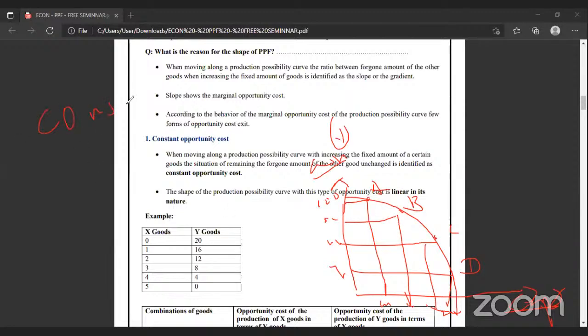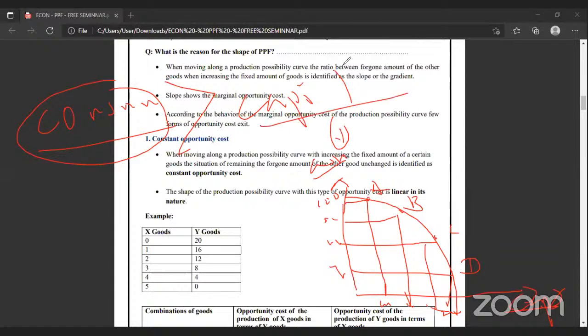And remember one more thing, you have already studied: if an economy is producing more consumer goods and less capital goods, just tell me this answer. If the economy is producing more consumer goods, which you consume for final purchasing purposes, like rice or whatever, and capital goods mean machineries, furniture, vehicles, those things. If an economy is producing very little capital and more consumer goods, what will happen to economic growth in the future?